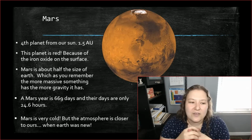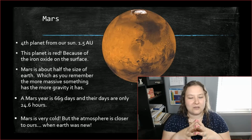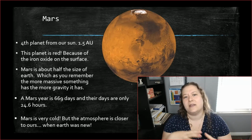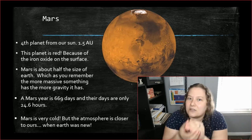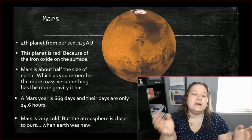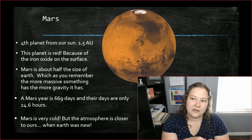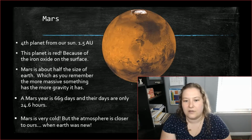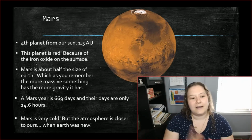Mars is about half the size of the Earth, which, if you know anything about mass, which you should, the more massive something is, the more gravity it has. And in the same turn, the less massive it is, the less gravity it has. This will cause it to have less gravity than Earth. So we will feel a little lighter. Anyways,